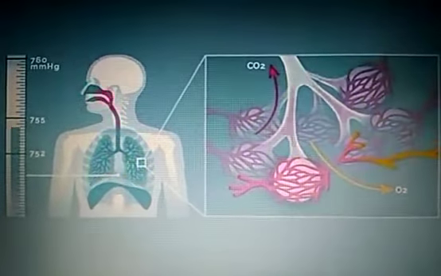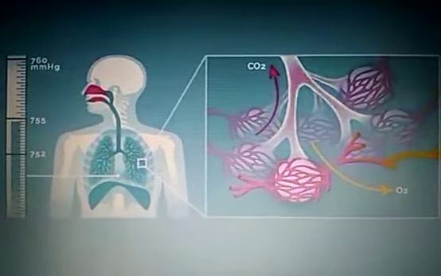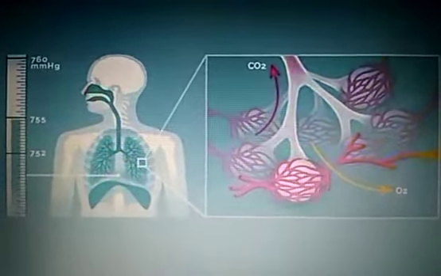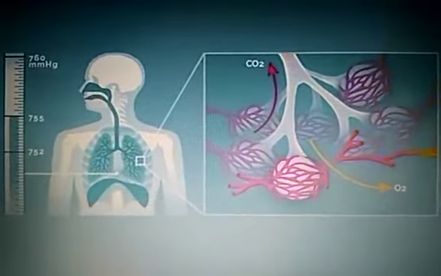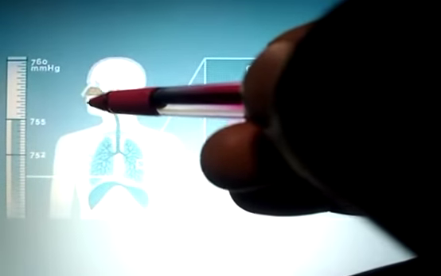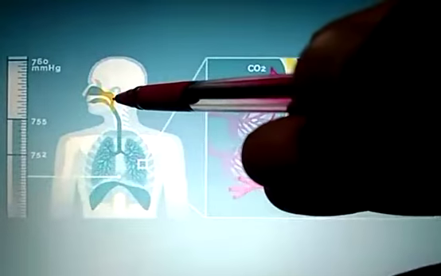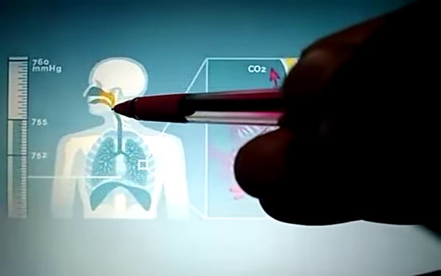Welcome all of you. In this video lecture, we will understand about the human respiratory system, its structure and functioning. The human respiratory system consists of the nose, nasal cavity, and the opening of the nasal cavity is known as the nostrils. Nostrils lead to the pharynx, and the pharynx then leads to the trachea.